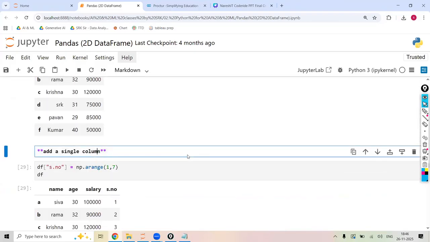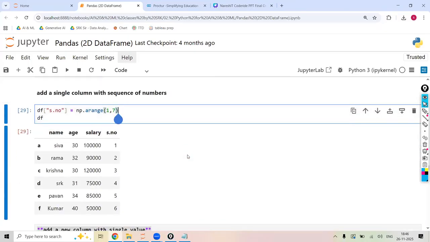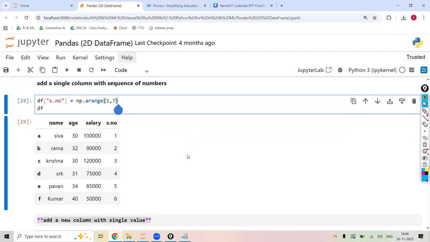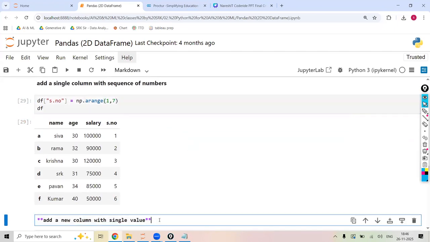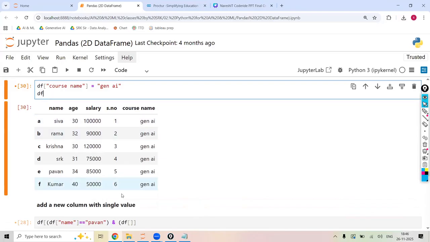Add a single column with a sequence of numbers. With some sequence of numbers, you are adding a new column. Adding a new column with a single, fixed value. With some fixed value, you are going to add a new column like this. Or you can add a new column with,